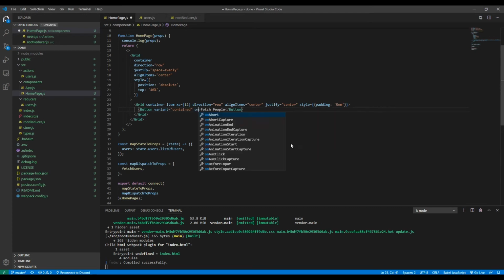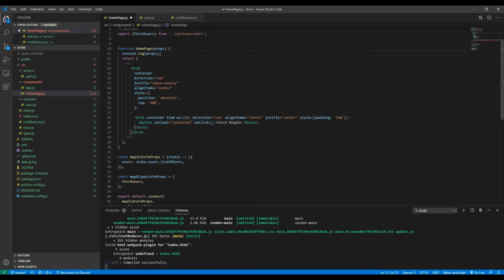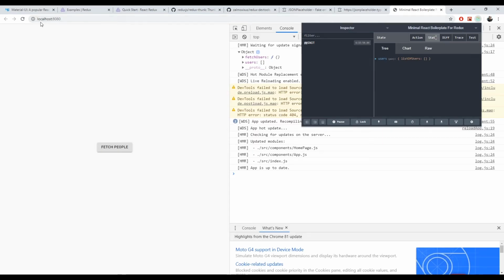So what we want to do is on click, we want to trigger the, well, we can actually destructure up here. So we want to define from props, we want to take the users, and also we want to take the fetch users from props, and then we'll use the fetch users function to be triggered whenever someone clicks on this fetch people button. So if we refresh the page,